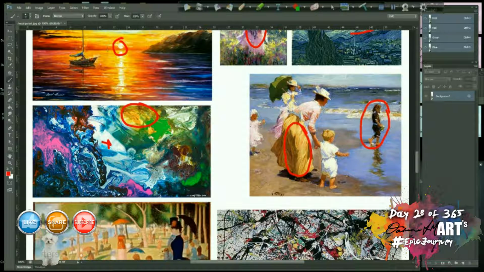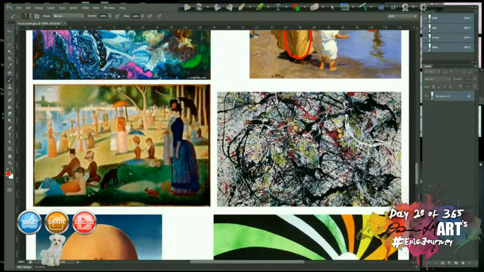So I would still maintain that this is our main focal point. In fact, it happens to be the lady's butt. Not very flattering. And here in this little painting by Seurat, beautiful painting using amazing juxtaposition, Seurat has helped us